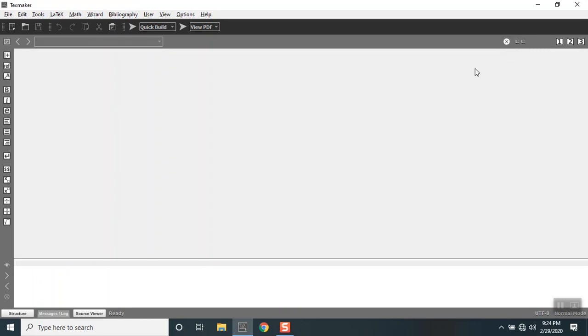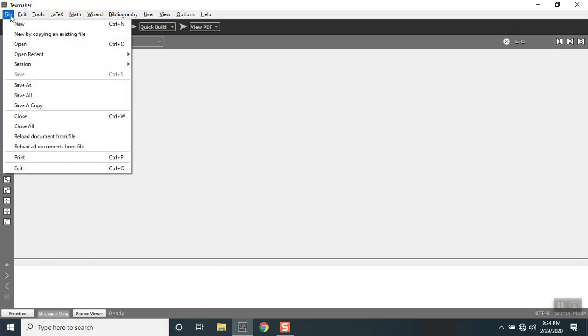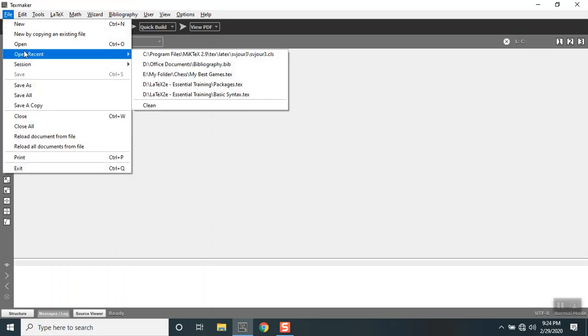Okay, so you remember, before I told you we'll come back to something later, and that is called open recent. When I initially opened this, I had not done anything before, and now you see the recent paths I've just looked into. For example, this last one was the Springer Journal class file that we looked into in the C drive. So it will give me the list of things that I've done recently. I think it's like 15 to 16 prior results that get saved in here.